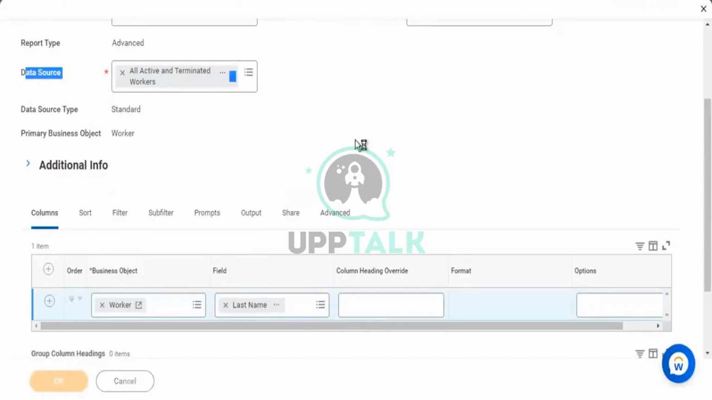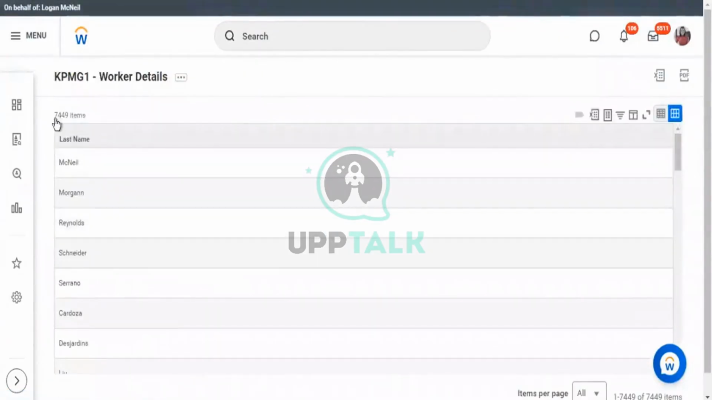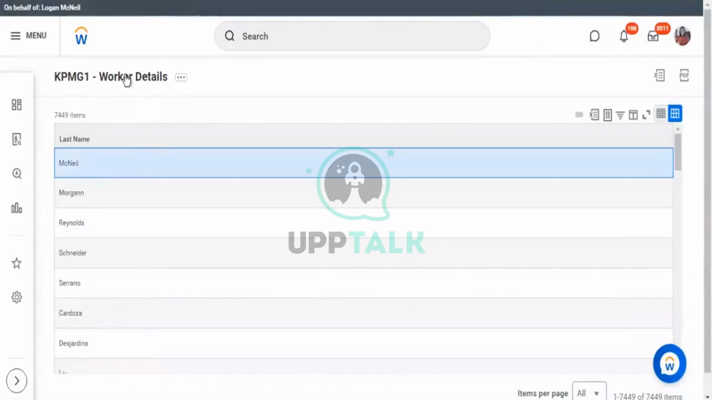Let me just run this. This is giving me 7,400 records. These are all the workers who are either currently active or terminated. If I go ahead and edit this report,